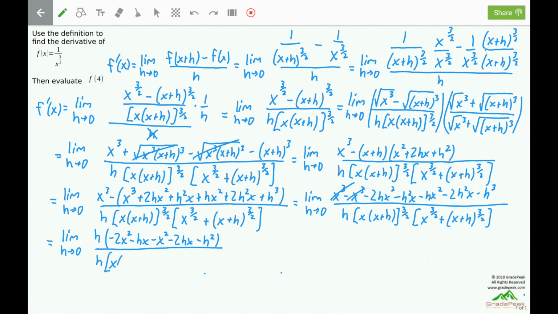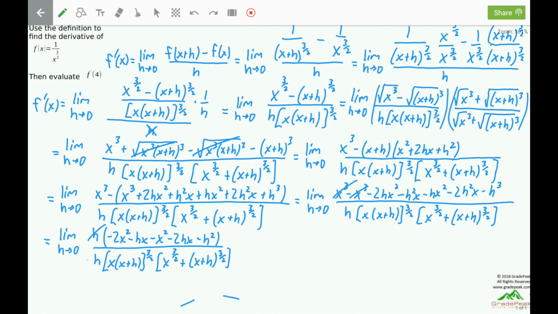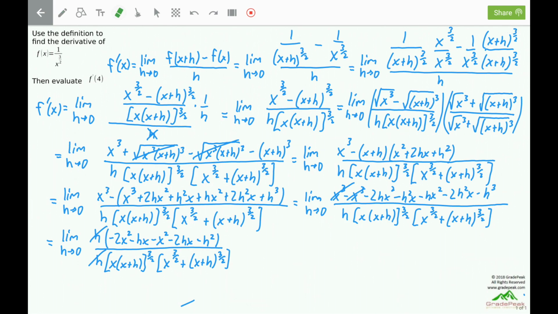All over that entire denominator, exactly as we see it. The h in the numerator and the denominator can cancel, in which case we no longer have the 0 over 0 indeterminate form. We can now plug a 0 in for the remaining h's, and this will become a negative 2x squared minus an x squared in the numerator. Everything else will be zeros,